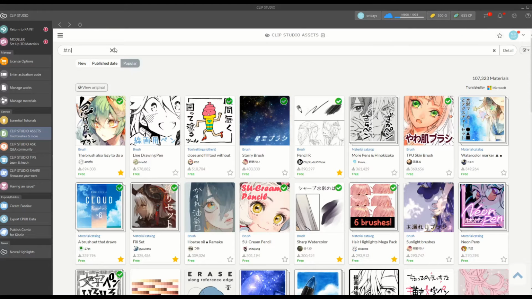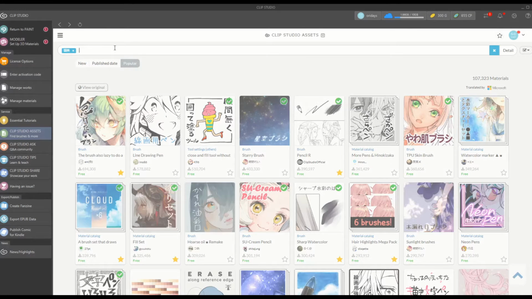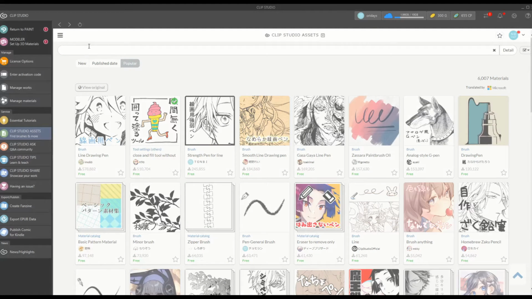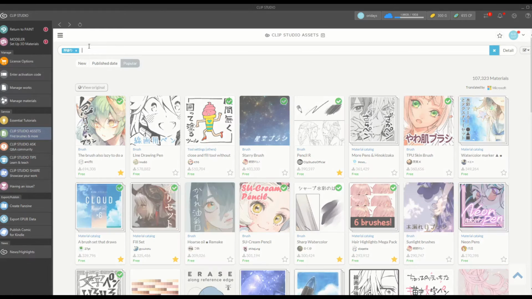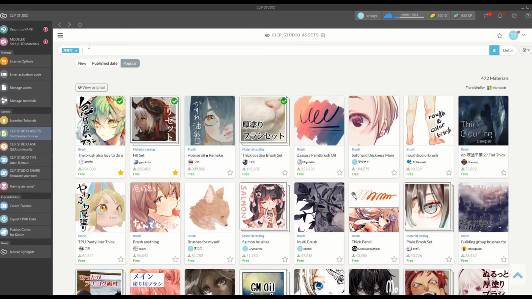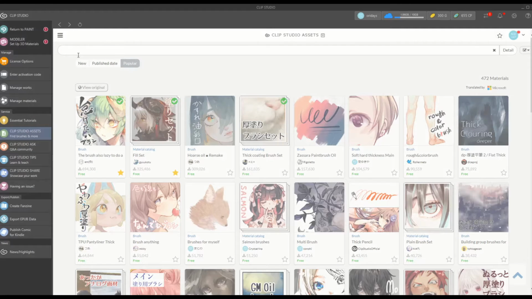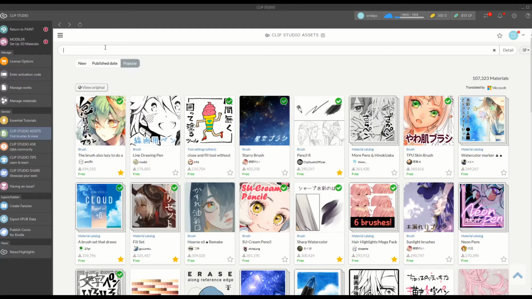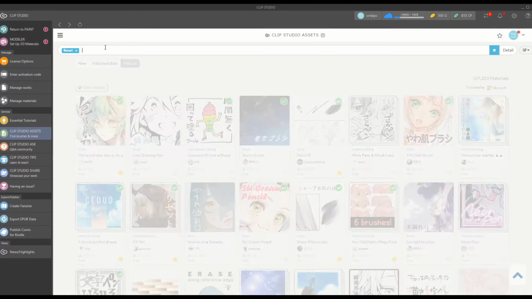Now, if you want to search for something specific, I would actually recommend using Japanese search terms to find what you're looking for, because it'll usually come up with a list of more brushes and usually better and high quality. These are the brushes that Japanese artists would be searching because they're obviously searching the store and uploading it with Japanese titles. So, for example, if you were to search for a line art brush on the store and type it in English, here's what you'll get.